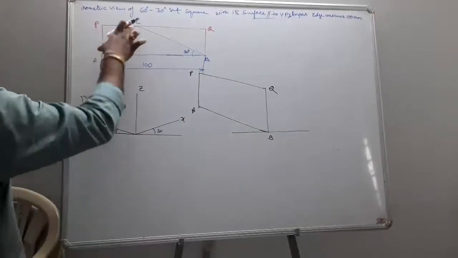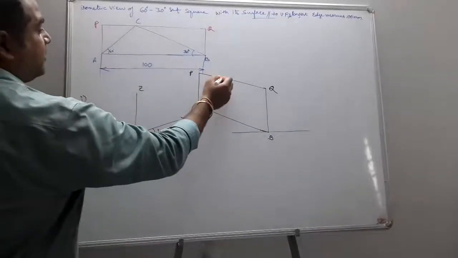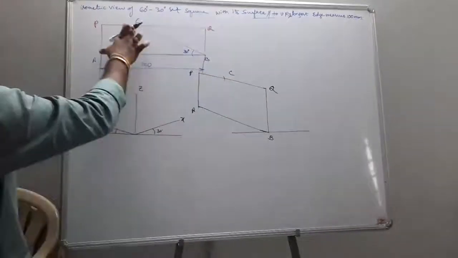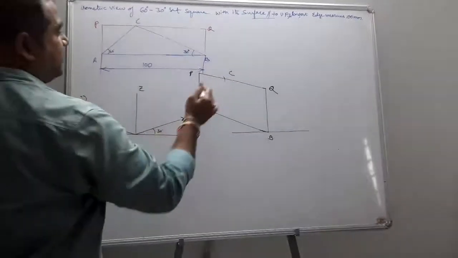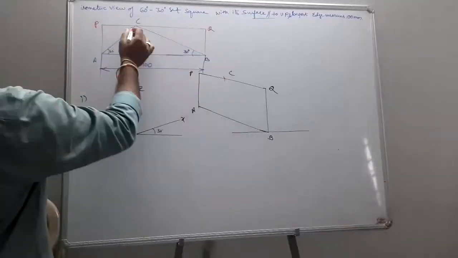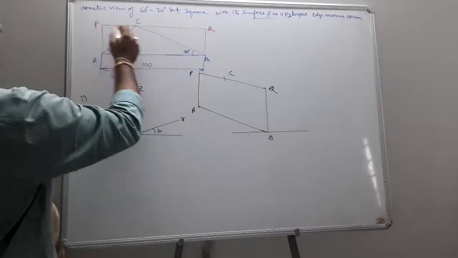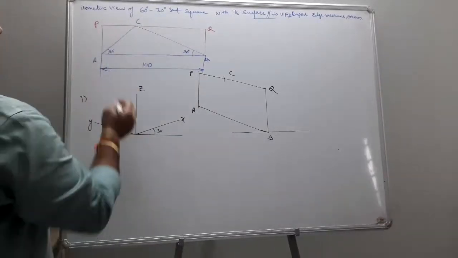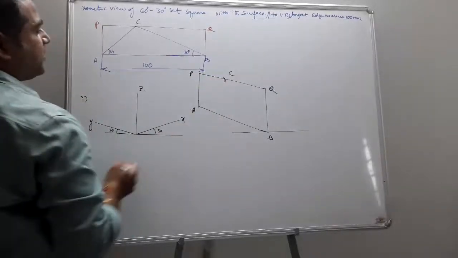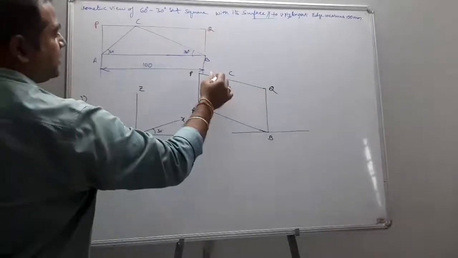Now take A as center and draw an arc. Then you obtain point C. AC as radius, A as center, draw an arc. Why? Because I constructed a box PQRS, so point C is going to be in between P and Q. So now directly take PC as radius, P as center, draw an arc. Or Q as center, QC as radius, draw an arc. Then you obtain